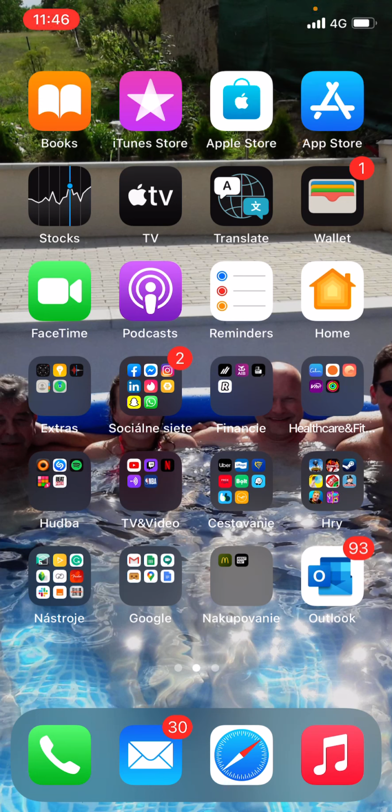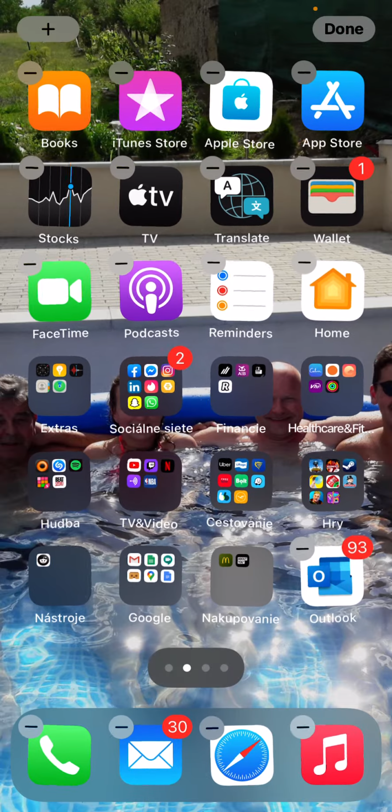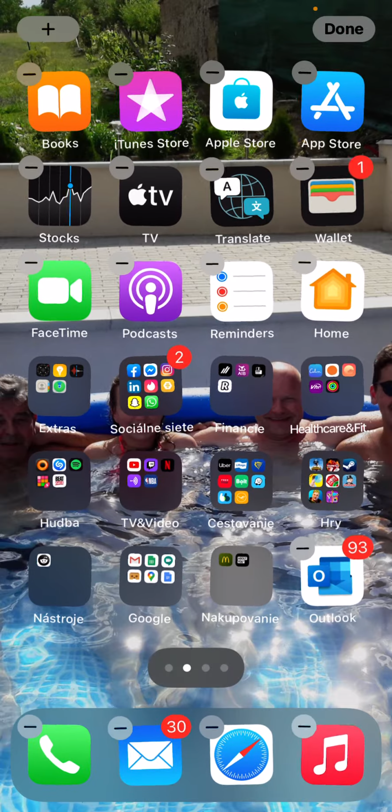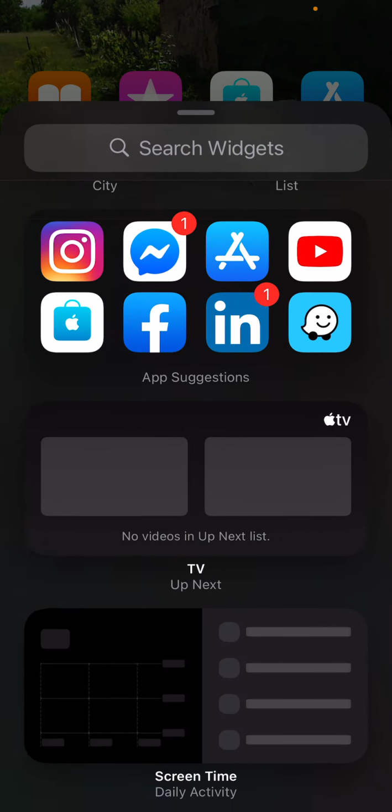add widgets to your iPhone, iOS 14. So let's start. The first thing you want to do is just be in iOS 14, and now you just want to be in the home screen and hold on empty space somewhere. Just hold with your finger, and then go to the top left corner to the plus, and then here you're gonna see all the widgets that you can add,